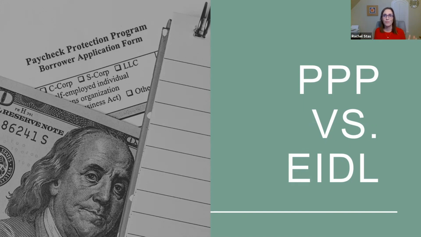EIDL is the Economic Injury Disaster Loan. It's not forgivable. It is a very favorable rate, a very low interest rate, and you don't have to pay on it the first year you have it. However, the moment those funds hit your bank, it is accruing interest that first year. So it is not free for a year. I've had a lot of people say, oh, I just put it in the bank account just in case I need it, but I might give it back.